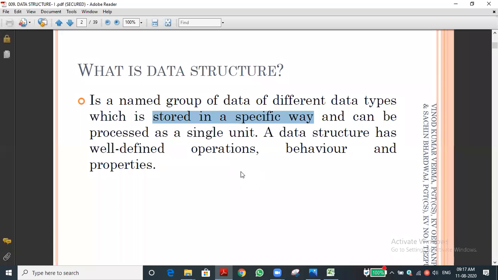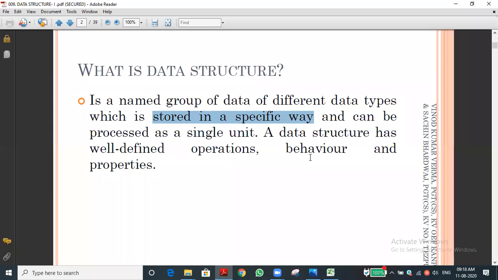To store in a variable, or somewhere in a file or database, whatever it may be. The next thing is that it can be processed as a single unit. For example, a string is a group of elements. A list means each element has its own memory allocation, which we studied in chapter 2. Can you recall this concept? For example, a dictionary and a list are collections of elements of different data types, but each element has its unique memory space.